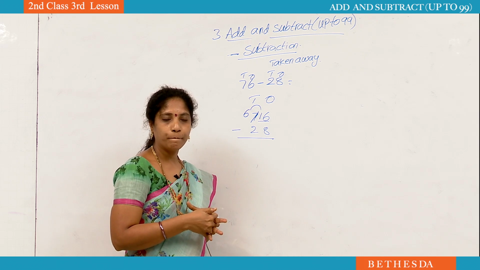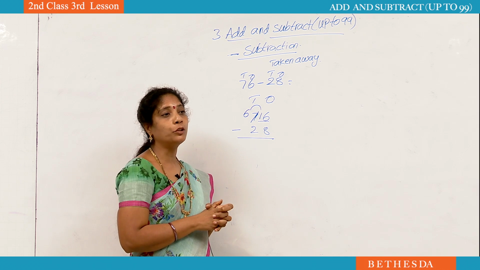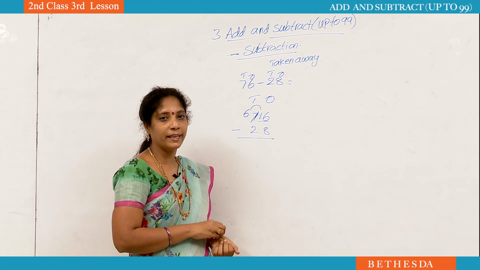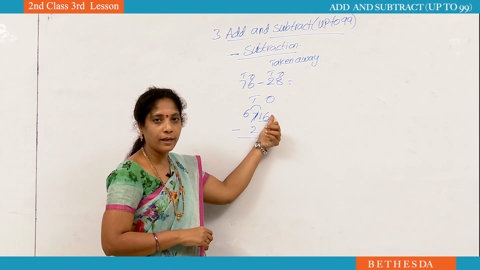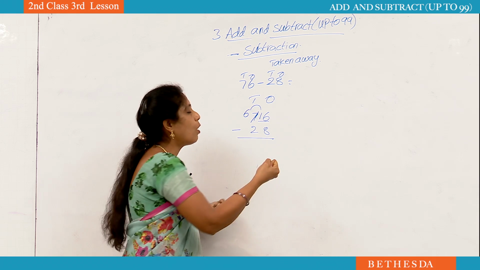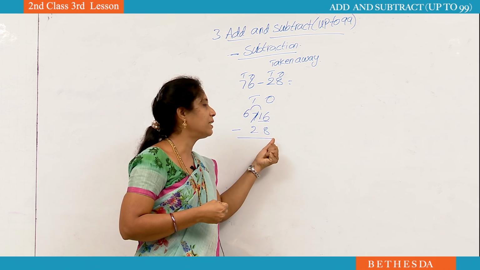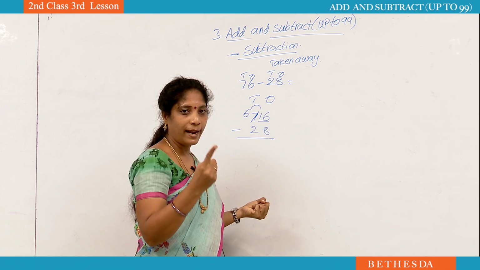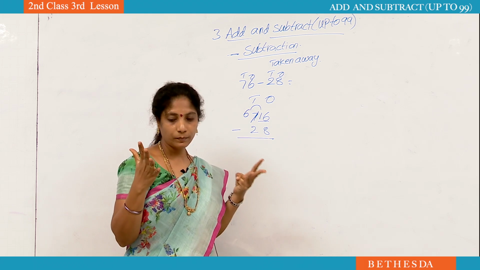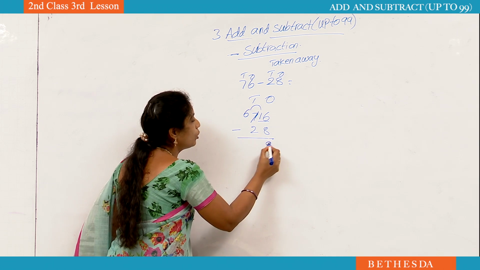Is it possible? No. It is a little bit hard to take 16 fingers. Then what should we do? While we are doing borrowing, I will tell you one technique. What is that? While we are doing borrowing, you have to close all fingers. Count down number to up number. What is the down number? 8. 8, after that 9, 10, 11, 12, 13, 14, 15, 16. How many fingers are in your hand? 8. Answer is 8. Now go to the second one.